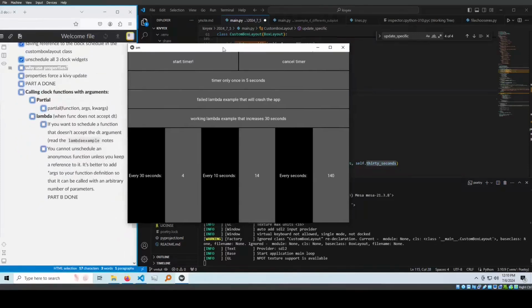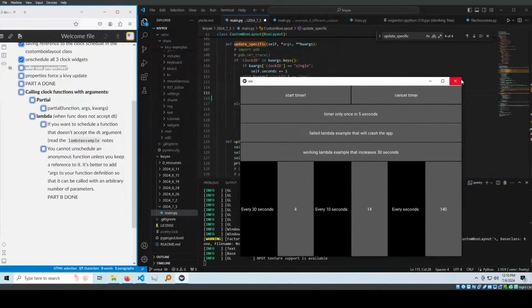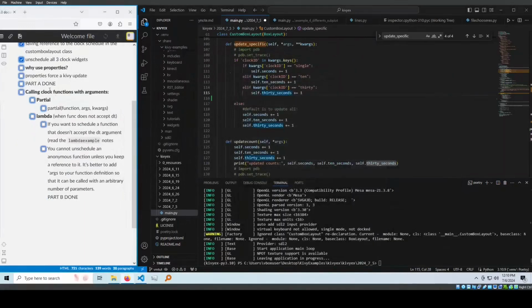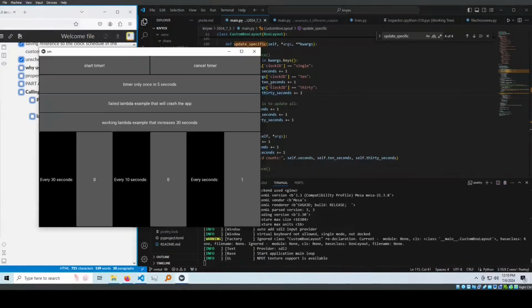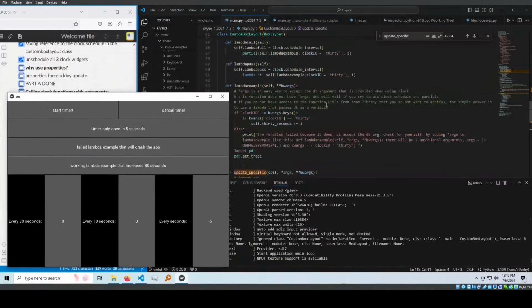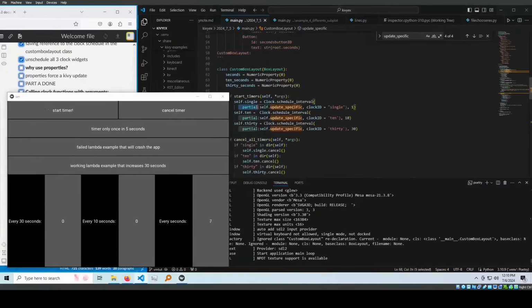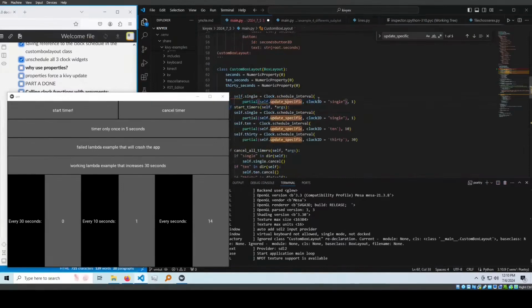Now we're going to go a little bit deeper into clock functions, and what we're going to look at is calling clock functions with arguments. So again, I'm going to go like this. My original example already uses a partial argument, so I will show you this partial argument right here and how it works. Simply put, the basic function again is something like this, but you say